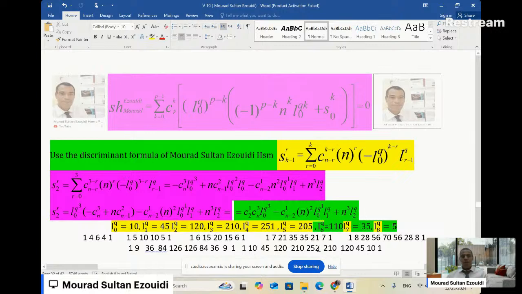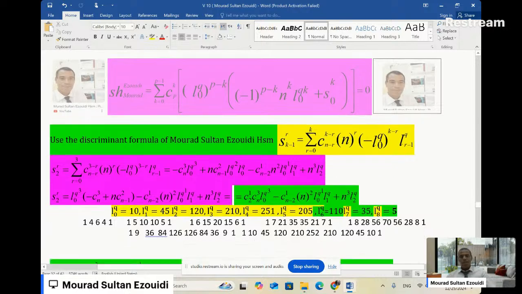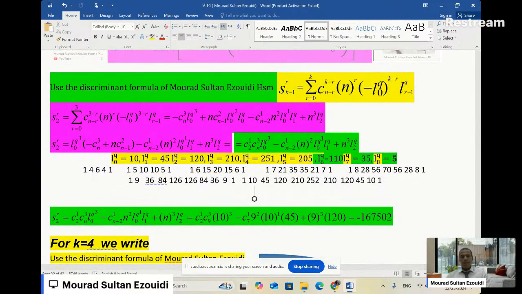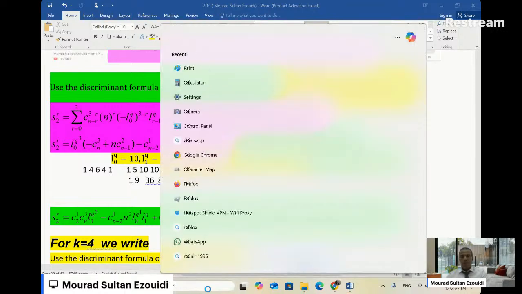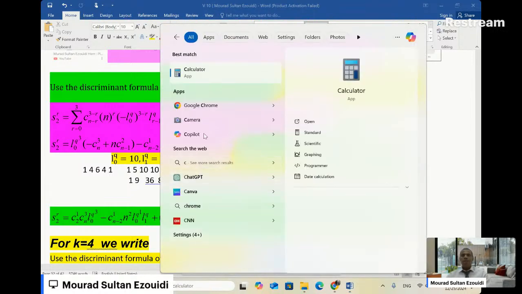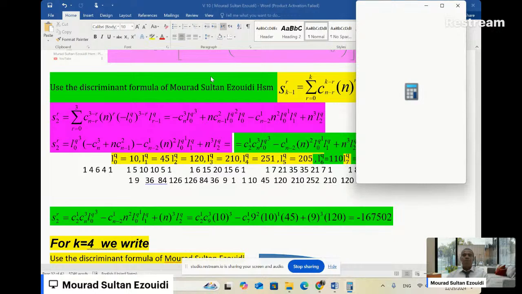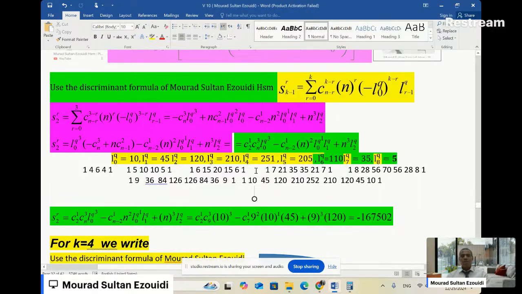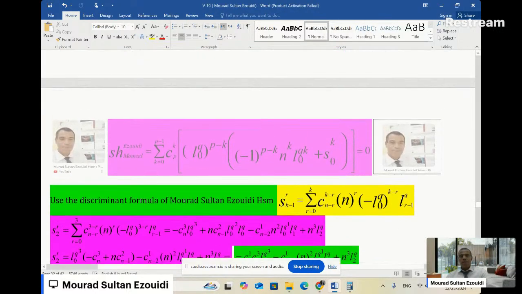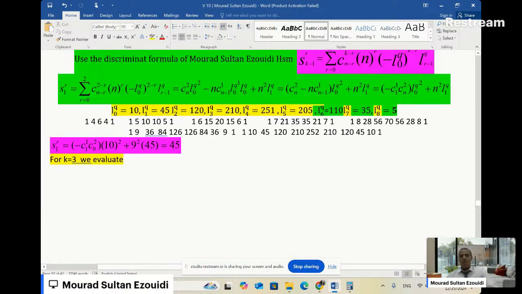Now, I will use my calculation. I will use my simple calculator, and I'm going to calculate this. Okay. If you want to calculate S1, okay, no problem. Okay, let's go to S1 to be familiar with this kind of questions. So S1, my kids, is equal to